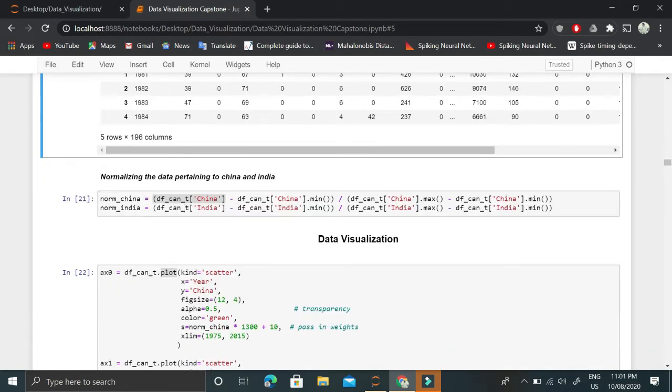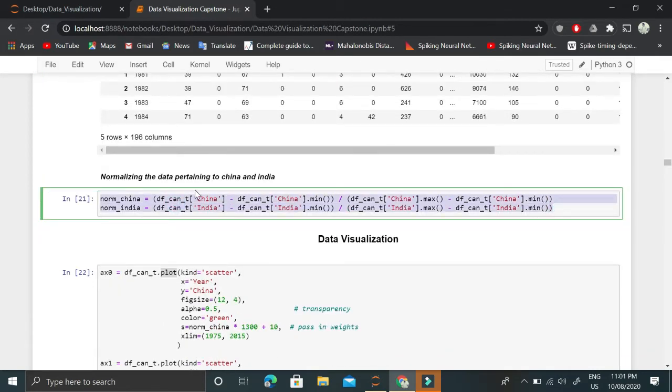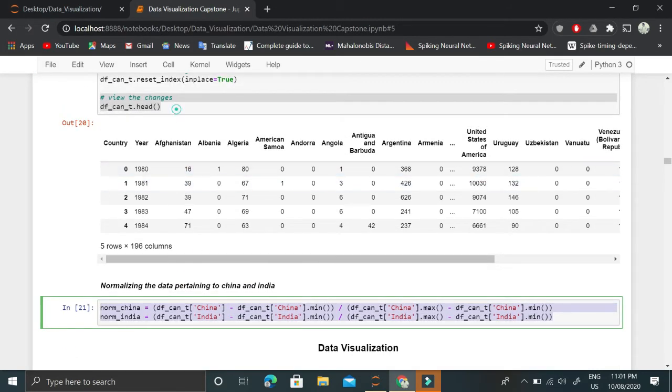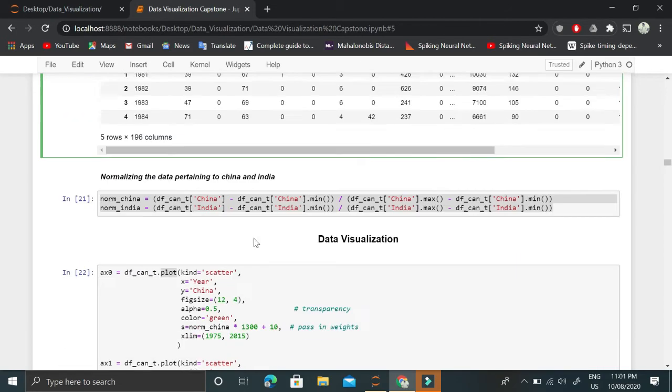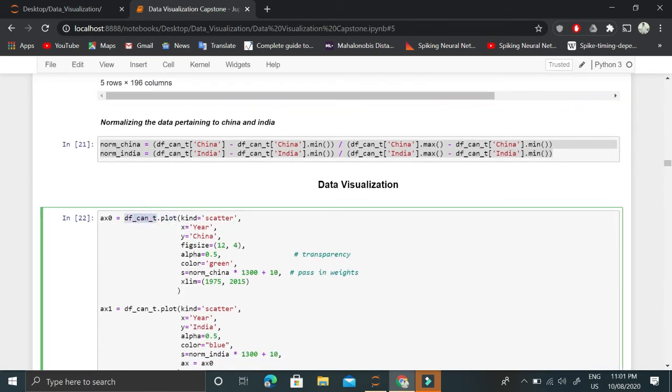I'll explain this normalization part in a little bit, but before that you need to understand that once we have this data frame, we are going to use the plot function of the data frame, and this plot function is internally using matplotlib functionality for plotting different kinds of plots depending on the value that we give to this parameter kind.